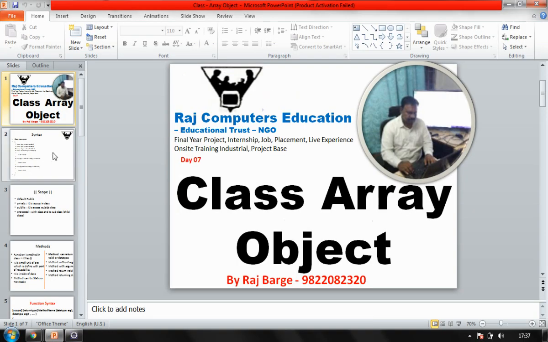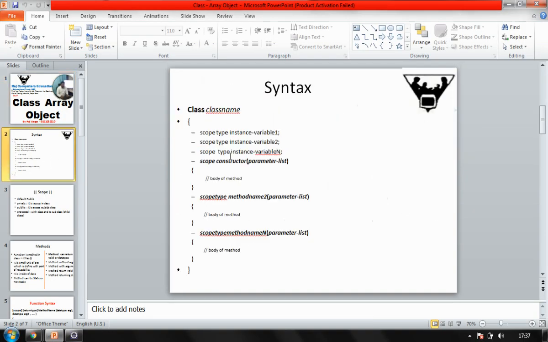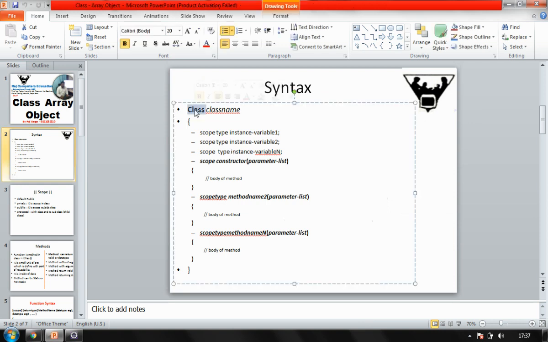First, when it comes to class, you should know the syntax of the class. The class begins with the keyword class. Now in Java, it's compulsory that the class name and file name have to be the same. Then we define the scope of the variables. In a coming session, we'll be seeing the different scopes of the variables. Then we write the constructor here.